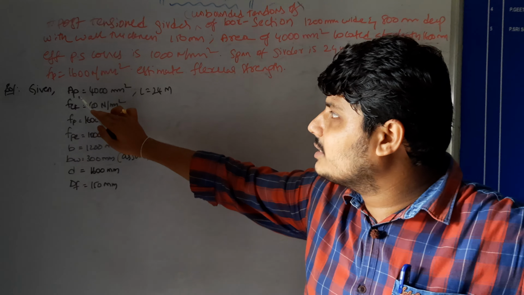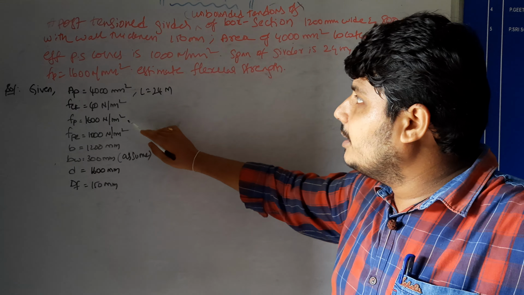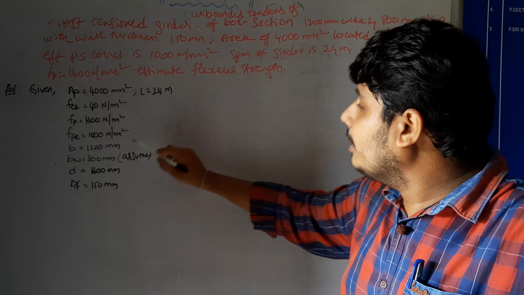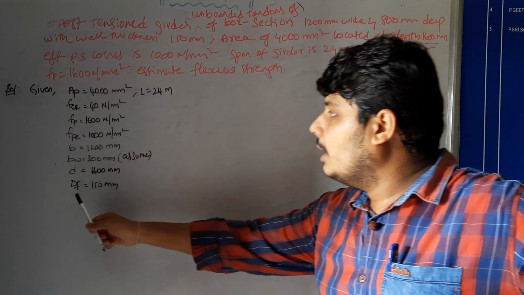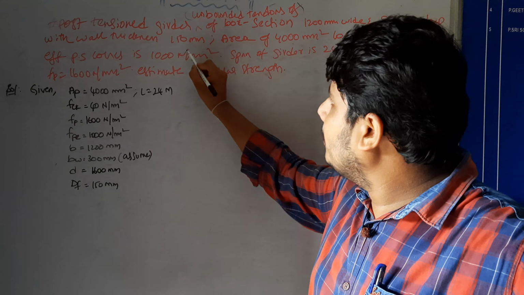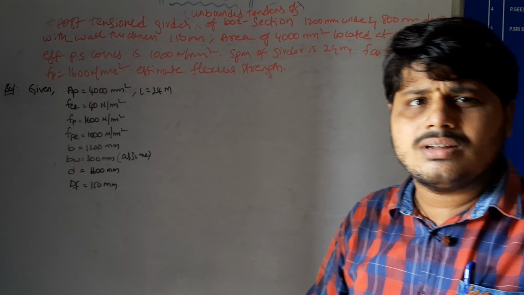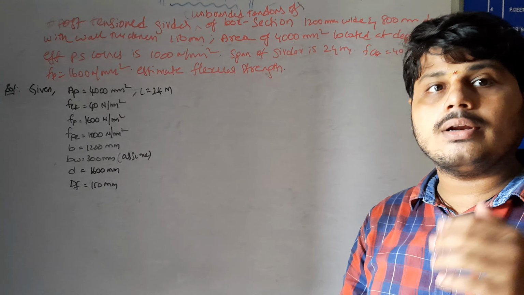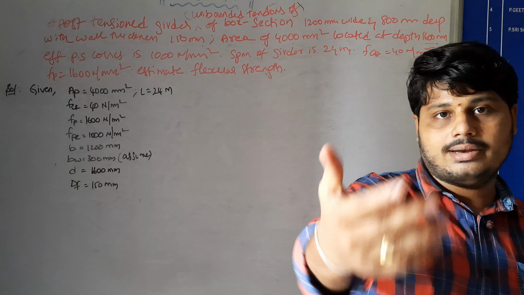So here these are the given details. Area of pre-stress 4000 mm square, FCK 40, FP 1600, FPE losses in pre-stress 1000, B 1200 mm, D located depth 1600 mm. This is the DF, depth of flange, has 150 mm wall thickness. Width of web, assume double the depth of flange or assume a value. This question will be in your Krishnamraju textbook only. I will keep the material later in your group.